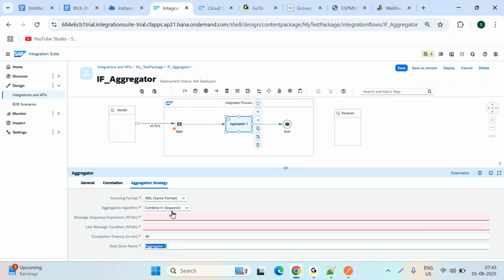After completion of these 60 minutes, it will release the data to the receiver system in one single message. All the messages will be combined and sent to the receiver system. So this is the way the aggregator is used. But along with this, we also had, just a second,